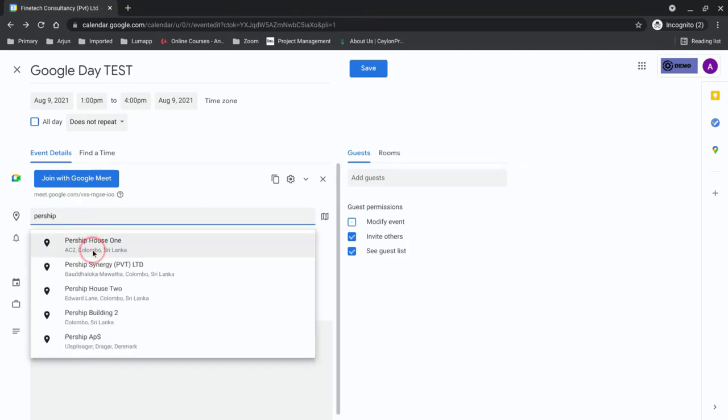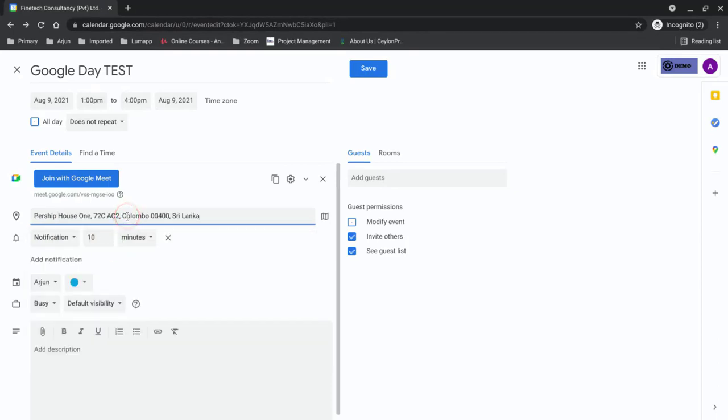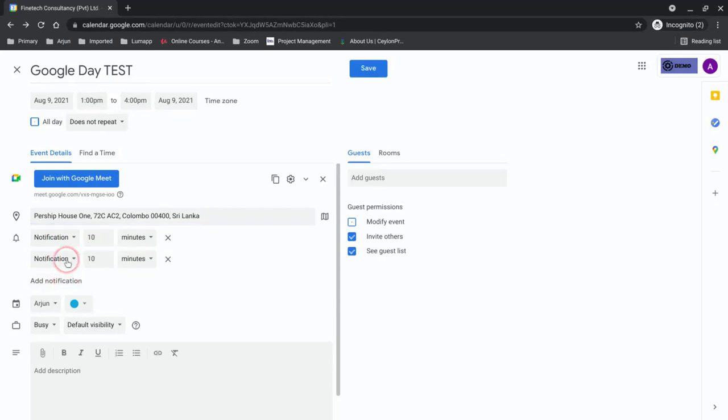I would just say per ship house one or anything. I can also just tap any location that I want to, and then you'll be able to see the notification mode. So guests will be notified 10 minutes prior. If I want myself to be notified before the 9th of August, what I could do is also change the notification mode for myself to one day. So one day prior, I'll get a notification, or I can also change the notification mode